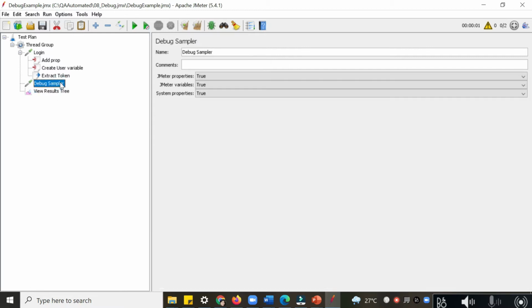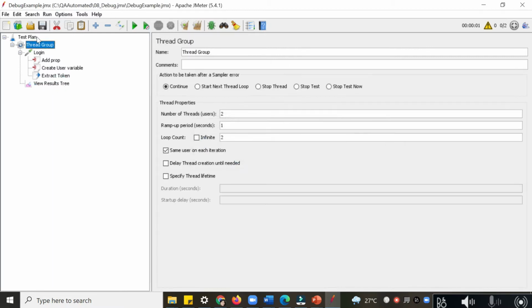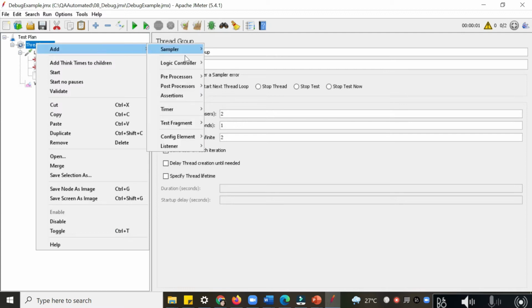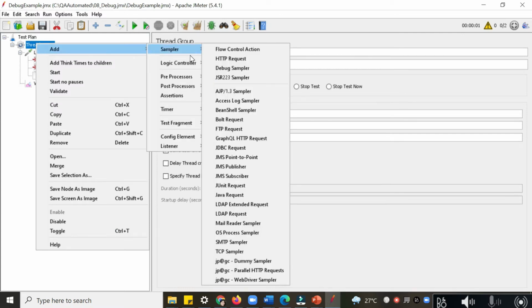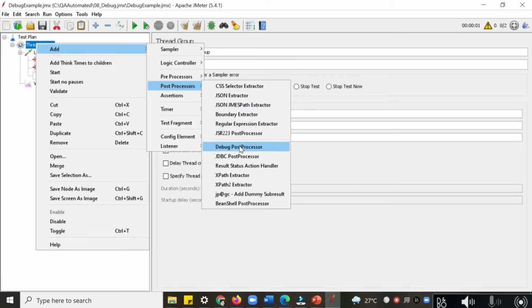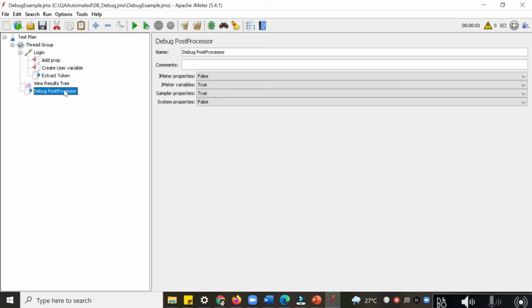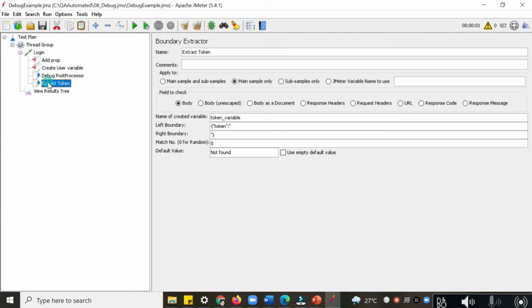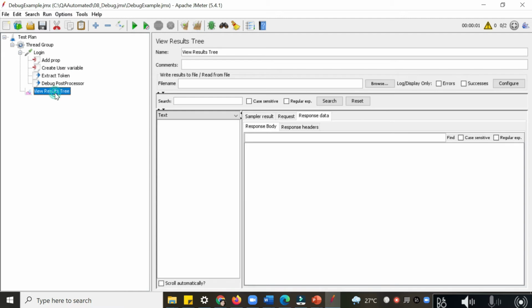The second thing we will check is the debug post processor. Let us add this post processor inside our login sampler, save it, clear previous results and run again.